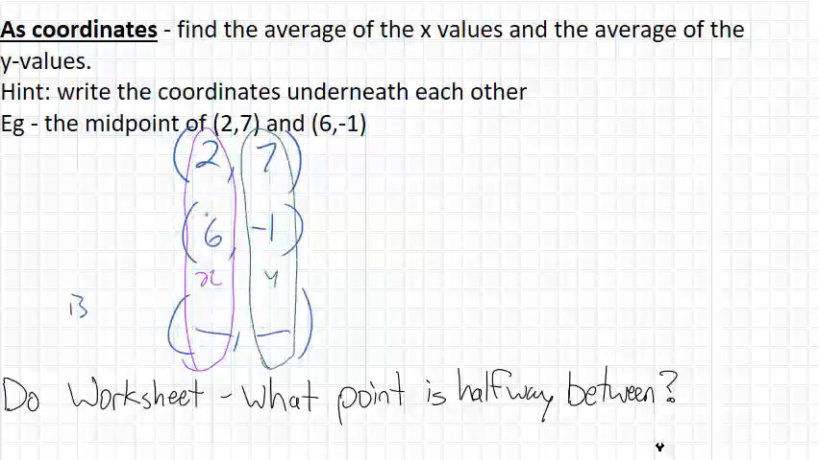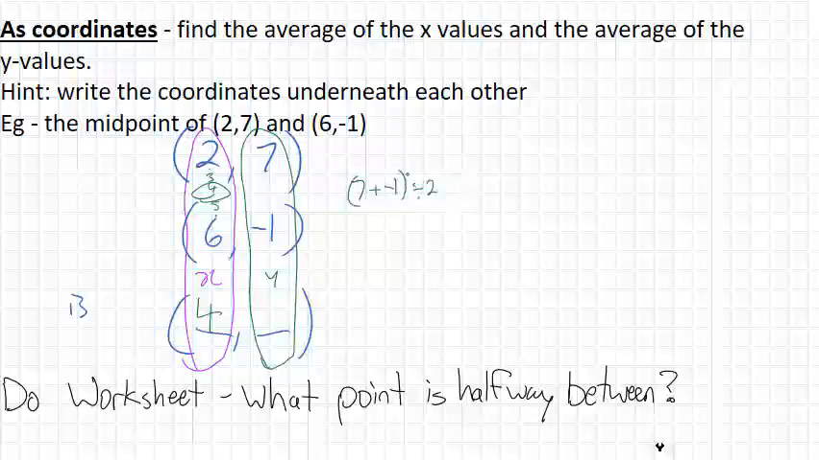So we're only looking at horizontal, and we just want to know, what number is halfway between 2 and 6? So 2, we've got 3, 4, 5 in between, so it must be the 4. And 7 and -1 is a little bit tricky. Maybe we'll do it the other way around. Well, what is 7 plus -1